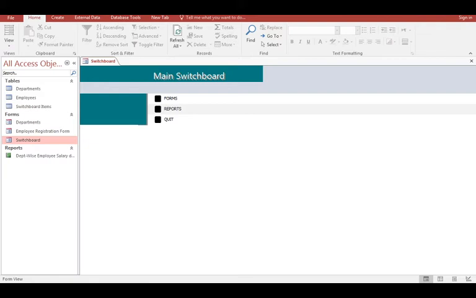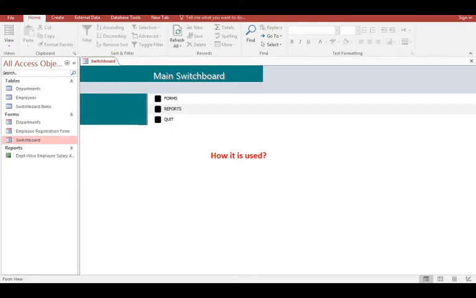In any software, we have front end and back end. Tables are at the back end, they are always hidden from the user. Users generally access the front end, that is the forms and the reports. To access these forms and reports, we need to create a menu for them. Now let us see the working of this menu.